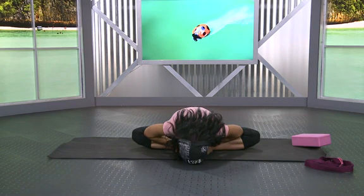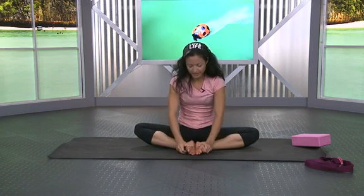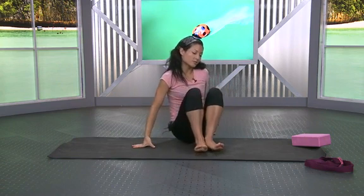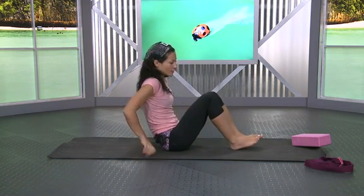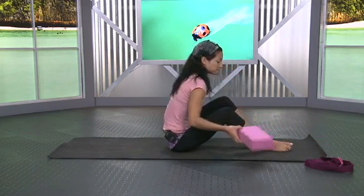One more breath. Slowly coming back up as you inhale, drawing the knees together. Good. And then we're going to set up for Navasana, so boat pose. I'm going to turn to face sideways again. You should already be this way maybe. All right, now boat pose is